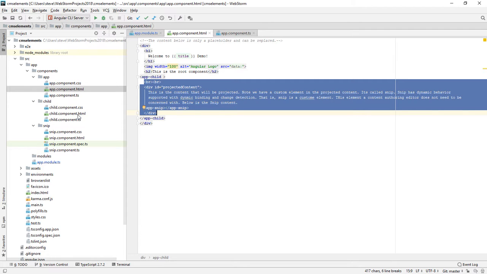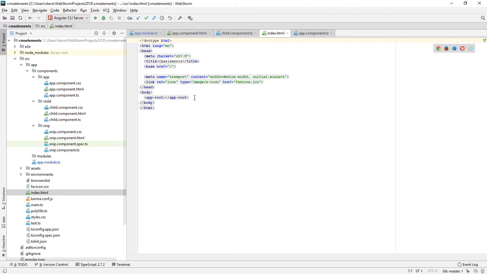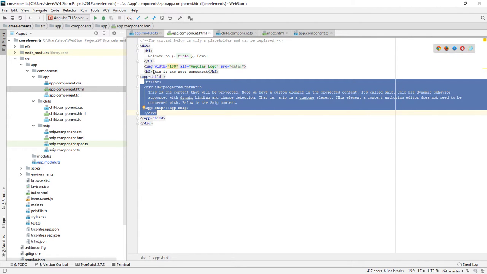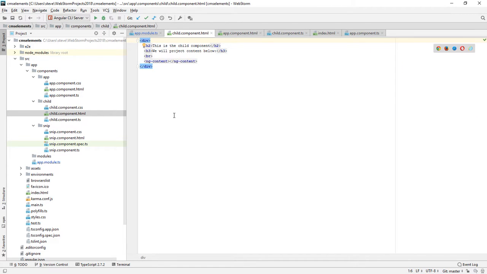And so let's look at the child element. The child element really doesn't do much. It has a template and an app child selector. And so notice in here. Let me just back up a minute. I have the app root tag and the index.html, and here I have the app child tag, and the app child tag inside of it has the app snippet tag, and here in the child component I have an ng-content,